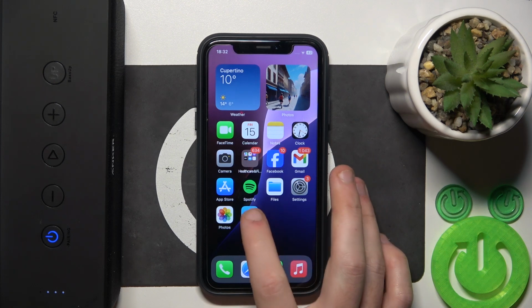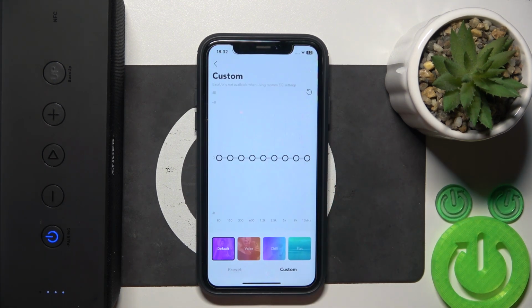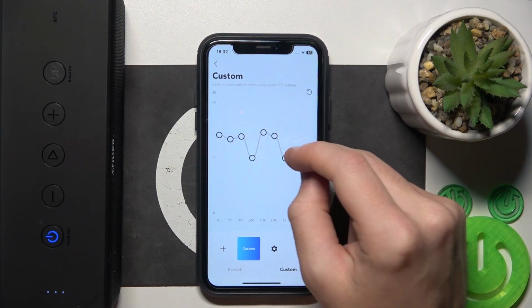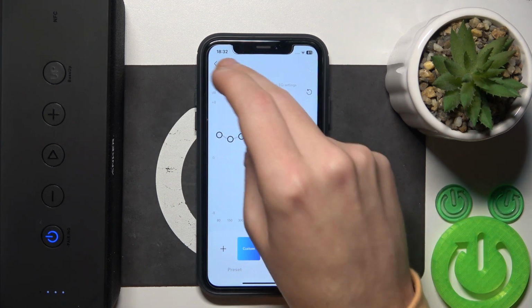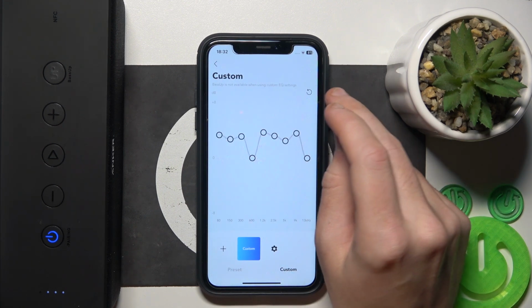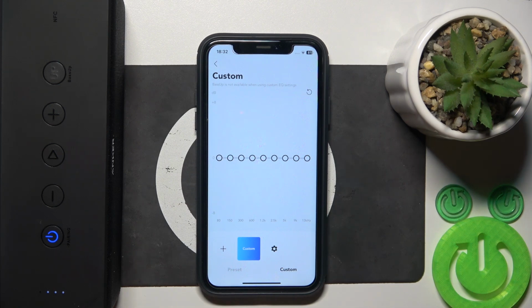You have to start by opening the application. Now click on the equalizer and go to custom. And right here you can choose the best one for you and leave it here, go back, and you will have this custom preset. If you don't like it, you can also click reset, yes, and leave it like by